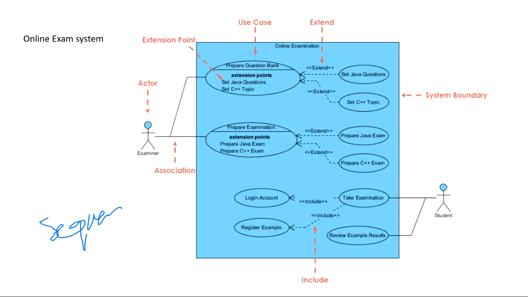If someone has just said, draw the online exam system, and there are 50 students in the class, then every student can make a different use case. It is possible, right? Because you will define your actors, how many actors you need. You will define your use cases, how many use cases you will need. You will define your relationships also. Everything will be defined by you.